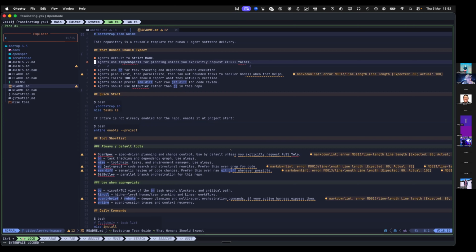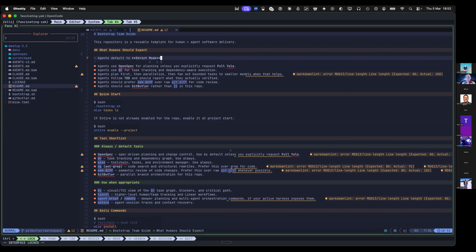So for this, there's a couple of parts of the stack. We went over OpenSpec last week. You'll see here that it says strict mode versus full YOLO. Those are just conventions that I use. Basically, the workflow that exists as part of this repo, so you just clone it down and use it as a template, is very codified. It's just do the same 4, 5, 6 steps over and over and over until your thing is done, which generally means if I'm going to do that, I have a very specific way that I want